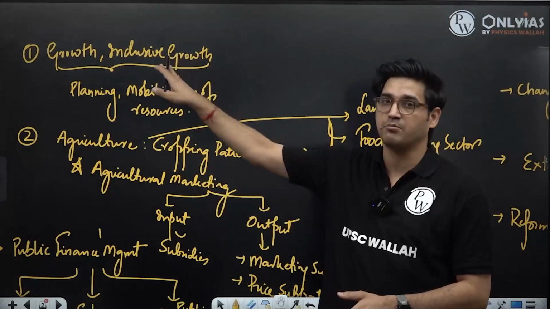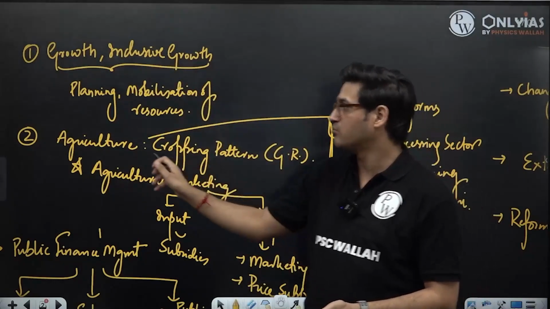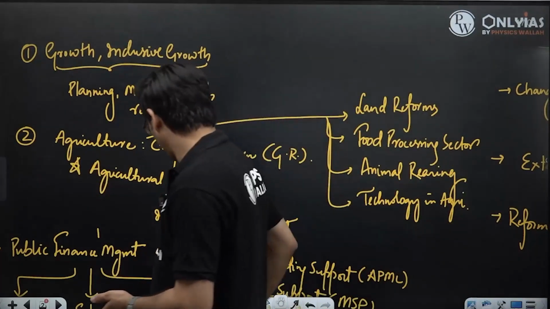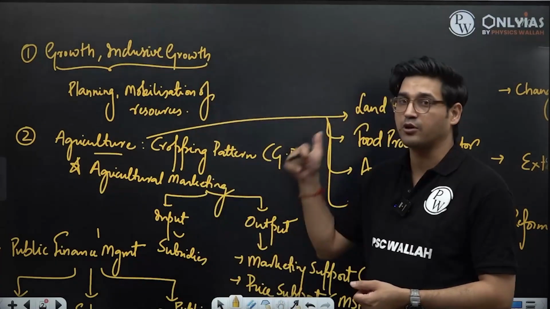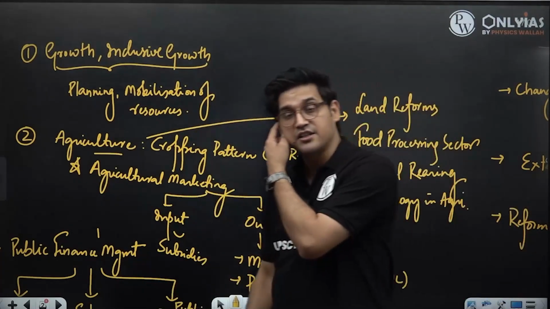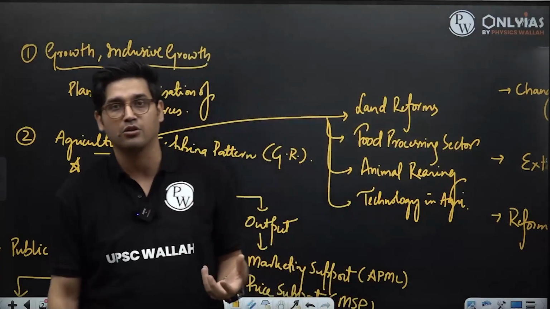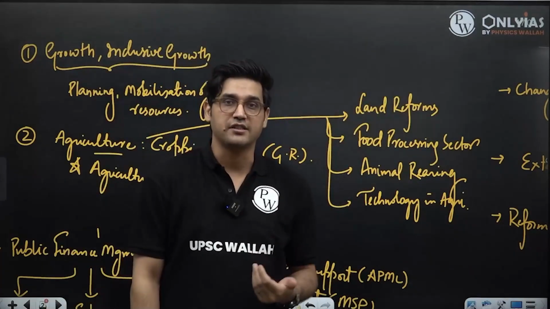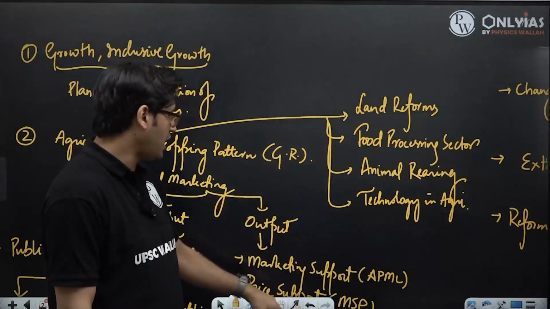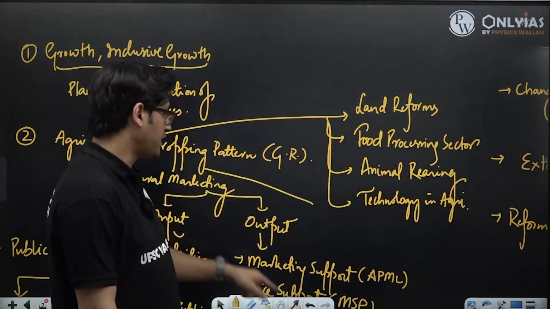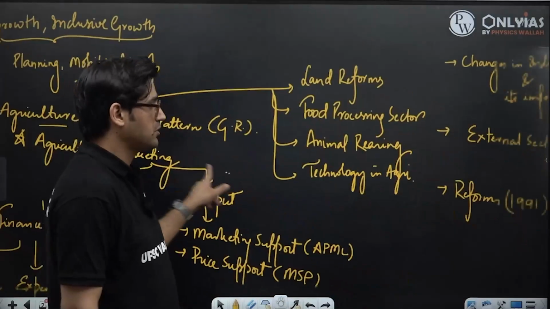We'll be discussing as a part of the first topic, followed by the most important aspect of your main syllabus, which is that of Indian agriculture. Thereafter, we'll have to talk about manufacturing in India, changes in industrial policy, their impact on growth, the liberalization, privatization, globalization reforms. Thereafter, we'll also have to talk about some allied topics, which is that of the external sector, right, and some important international organizations as a part of your mains syllabus.